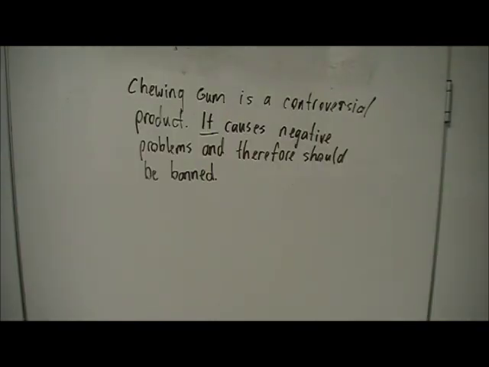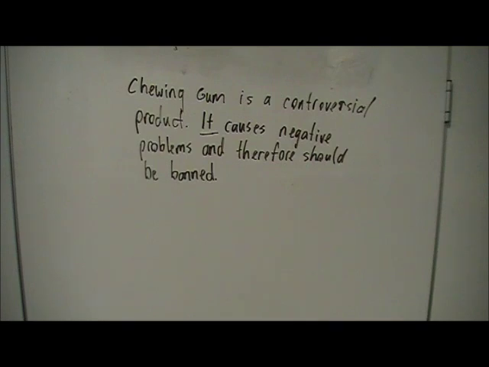So I'm back to my first example about a persuasive essay on the topic of chewing gum should be banned. And so far I've done the first and second steps. Chewing gum is a controversial product, it causes negative problems and therefore should be banned. Now I should mention that while I'm writing this essay, I've already got a plan about what my paragraphs are